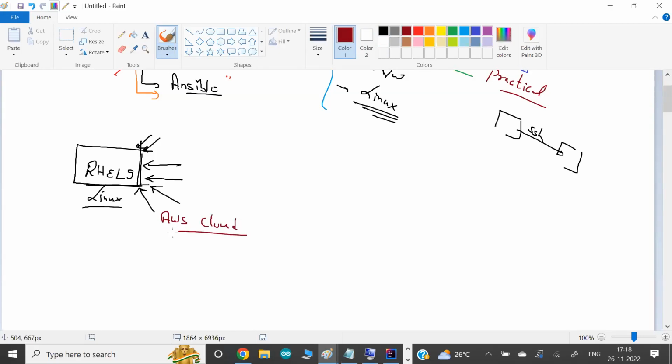So we can quickly launch the Linux system, because according to the plan, I need a lot of operating systems to do lots of setup with automation with Ansible. If you install on your laptop, you might not have so much memory and CPU available. So I recommend installing Red Hat version 9 on top of the AWS cloud.